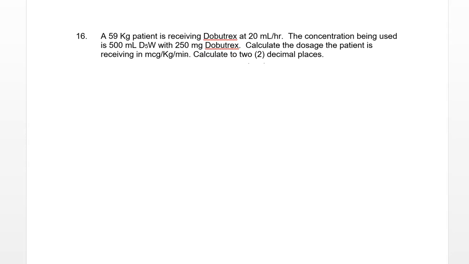Let's do number 16. We're looking for micrograms per kilogram per minute. So micrograms per kilogram per minute. And we have a 59 kilogram patient. Remember, the 59 needs to go on the bottom because of what we're looking for here. And it's 20 milliliters per hour. And we have